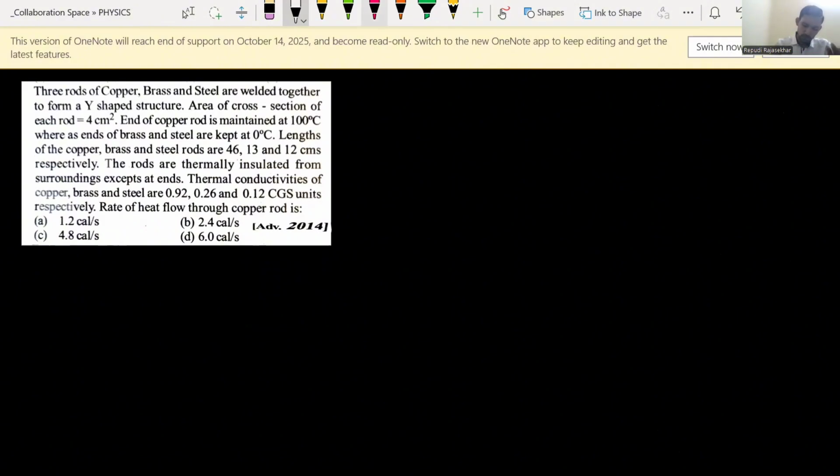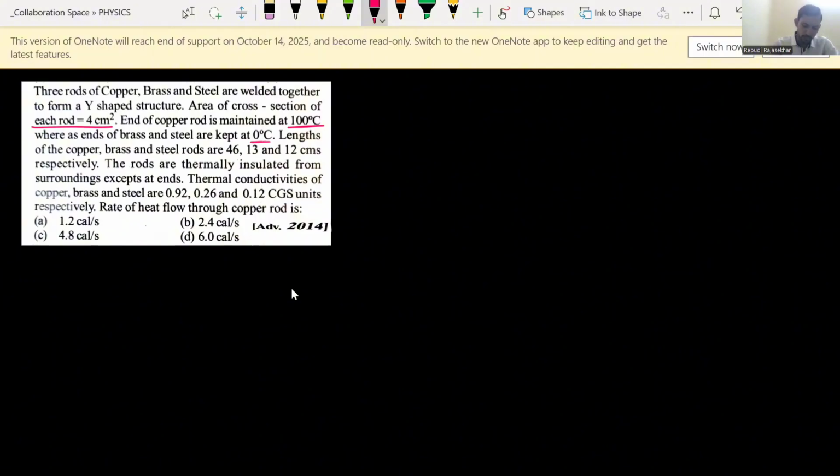3 rods. Just read the given question, pause the video, try by yourself, then come to the solution. 3 rods of copper, brass and steel are welded together to form a Y-shaped structure. The area of cross section of each rod is 4 centimeters square. That means the area is the same. The end of the copper rod is maintained at 100 degrees centigrade, whereas the ends of brass and steel are kept at